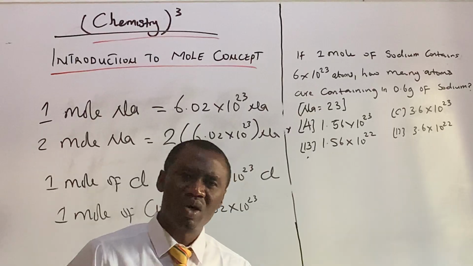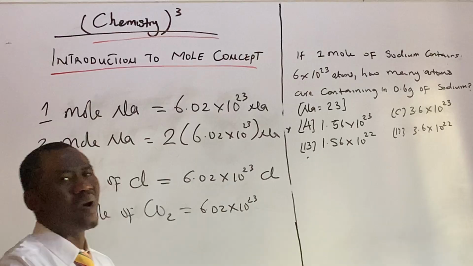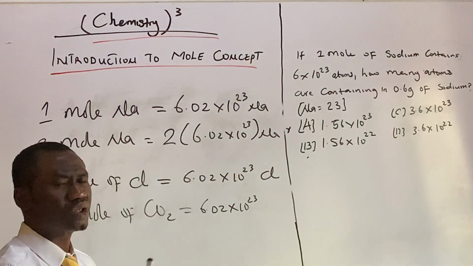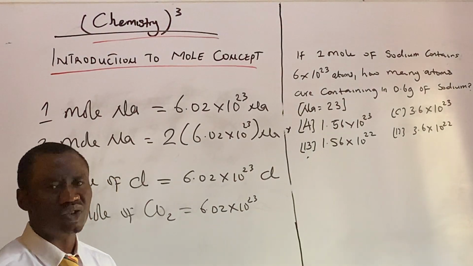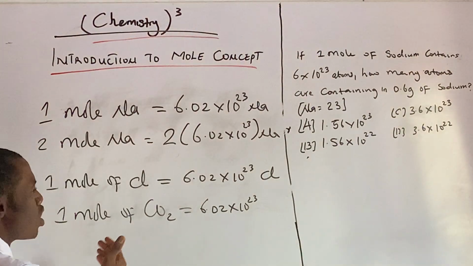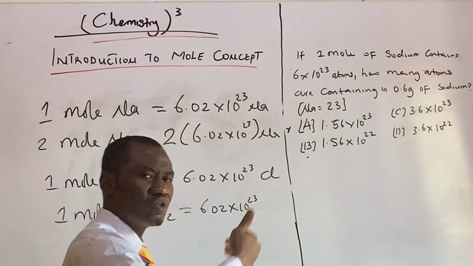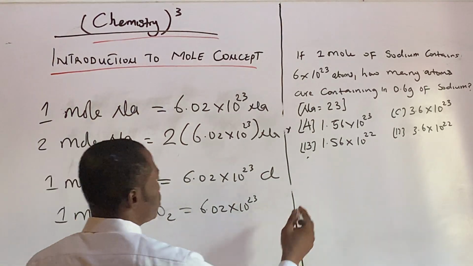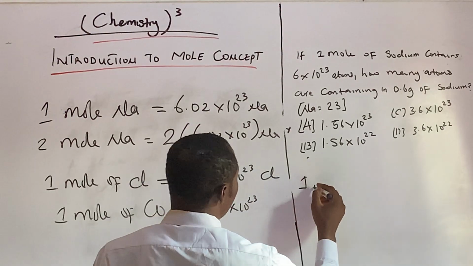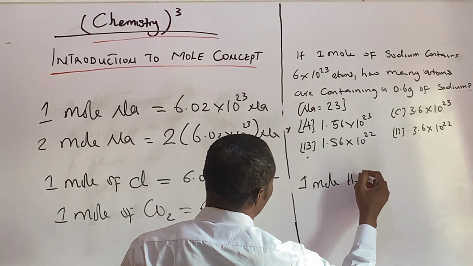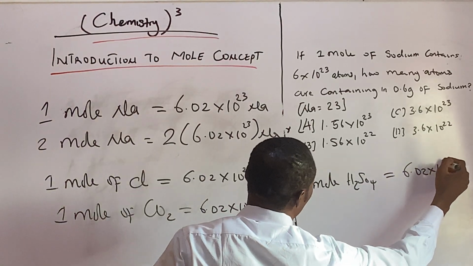Now, we're not talking about dozen, 1 dozen of stops, 12 stops. 1 mole of a particular substance or an element, because what mole is used to measure is elementary particles, ions, protons, atoms, molecules. Now, the mole of this molecular compound is exactly 6.02 times 10 raised to the power of 23. Even if it is H2SO4, for instance, 1 mole of H2SO4 is exactly equal to 6.02 times 10 raised to the power of 23